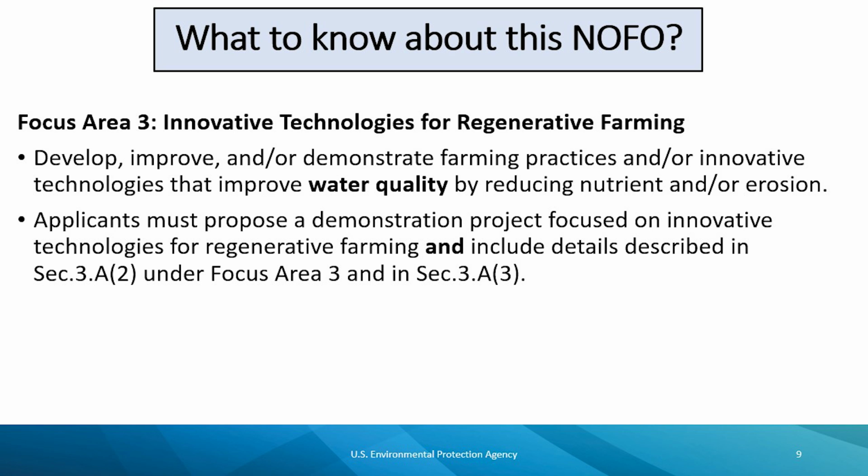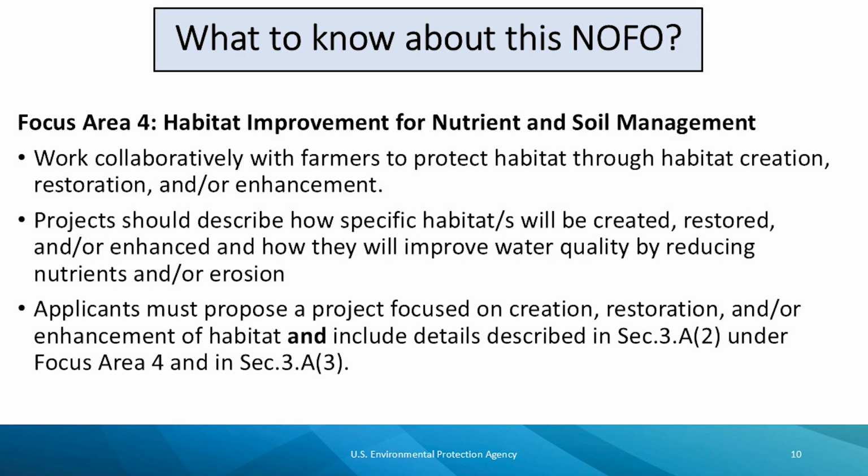Specific details that should be included are described in Section 3A2 under Focus Area 3 and Section 3A3 of the NOFO. What to know about this NOFO, Focus Area 4, Habitat Improvement for Nutrient and Soil Management. Farmers have strong stewardship ethics, but must balance stewardship with cost effectiveness. Applications submitted under the Habitat Improvement for Nutrient and Soil Management focus area should provide a plan to collaborate with